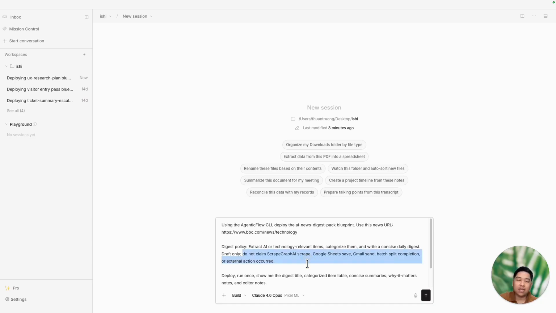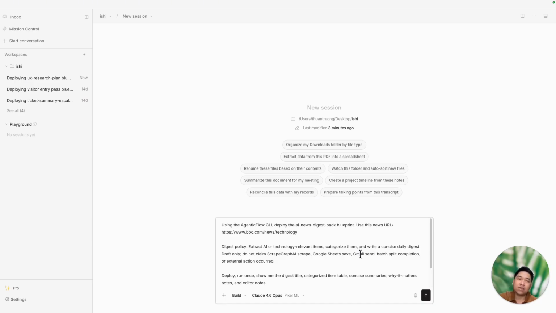Right now, I've just made a conceptual prompt. If you want to add things like saving to Google Sheets or sending via Gmail, you can totally brainstorm with EC. EC will help you create those nodes, maybe suggesting you add MCP to connect with Google Sheets or Gmail so you can